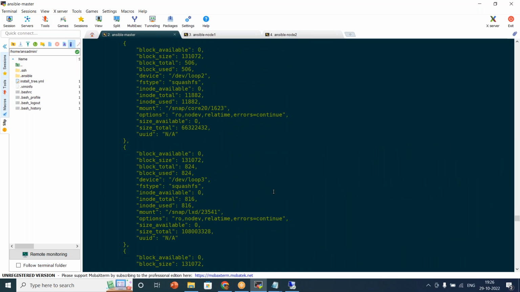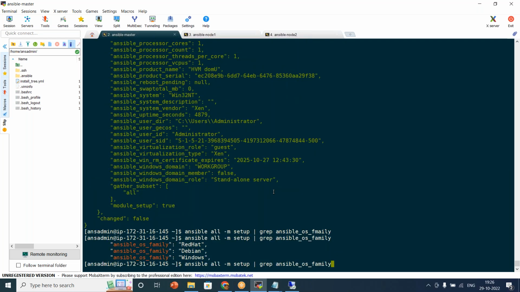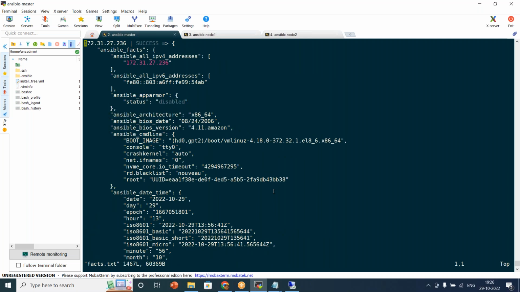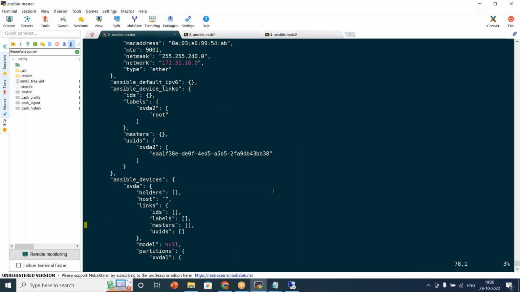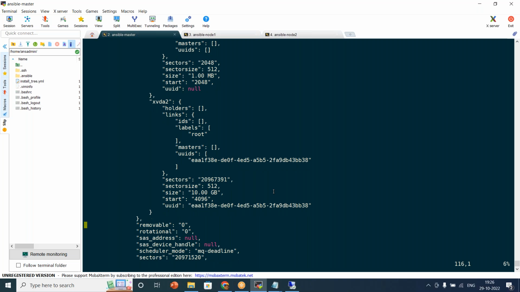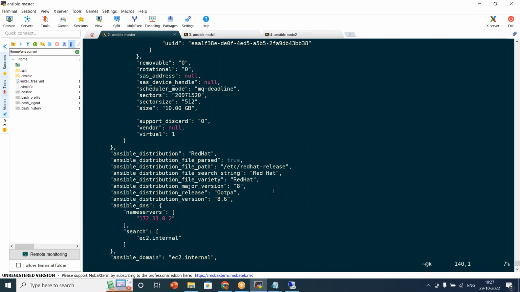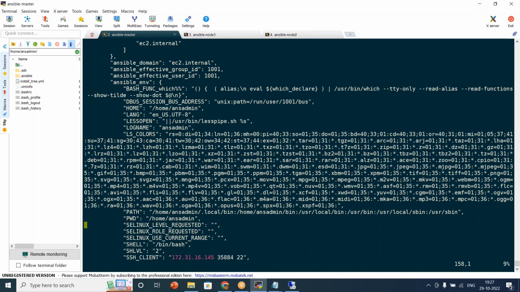Very difficult to see. So if you know certain ones, you can go and see it here, or you can just output this to a facts file, facts.txt. Everything will be written to facts.txt, the entire dump, and you can go inside and see whatever you want. You can search one by one and see all the facts. So these are all the facts that it's trying to gather, and from this only, whenever we are giving the condition as inventory group, it is able to understand because of this. Okay, so based on this only, it will be able to, let's say,